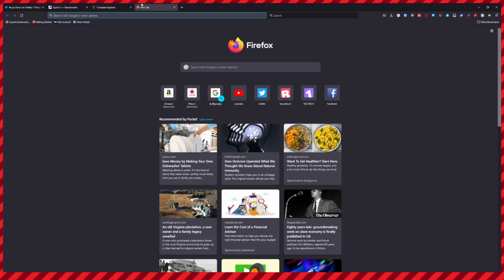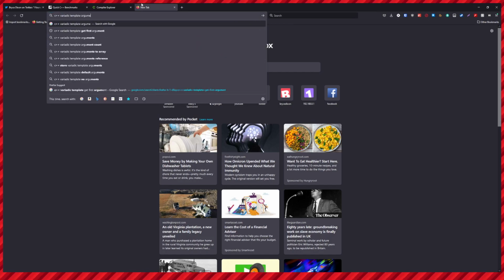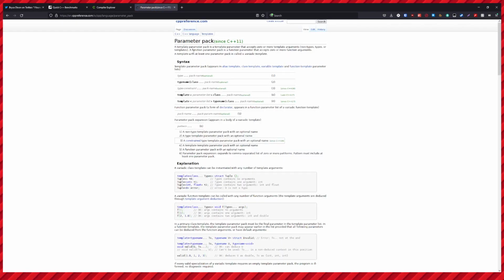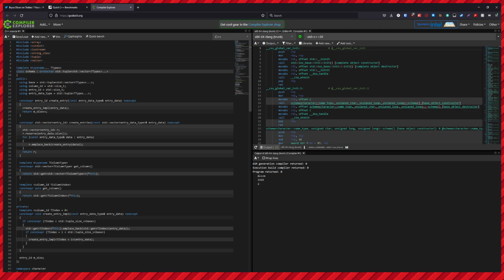If you just search variadic template argument in C++, you get this parameter pack page. It was very useful the first time I had to look this up. But the short of this is, this basically lets me type as many template arguments as I want, and then I can unpack them using kind